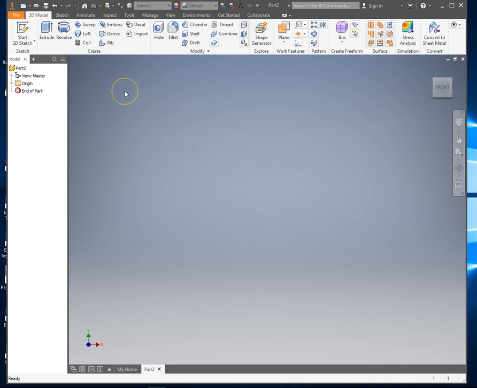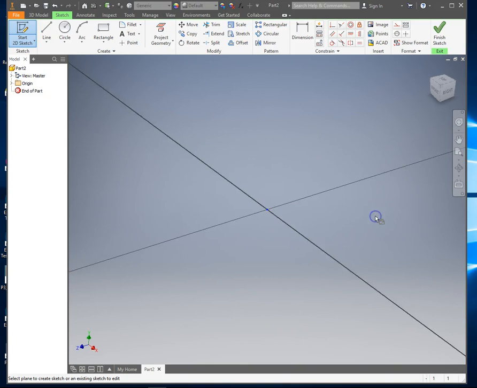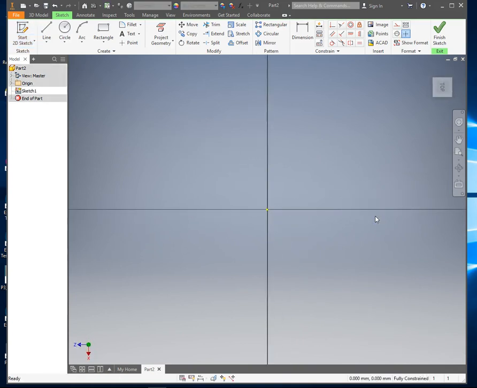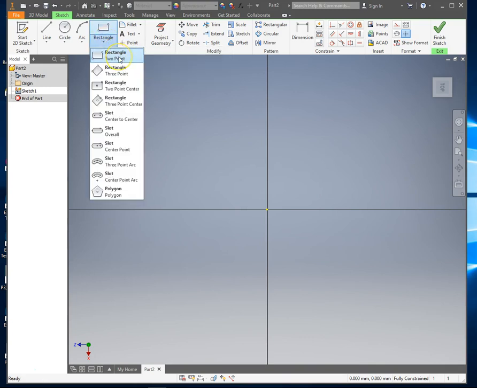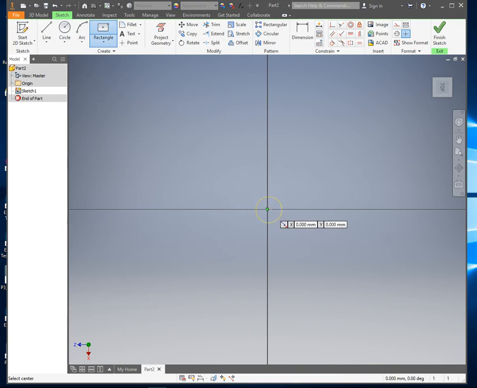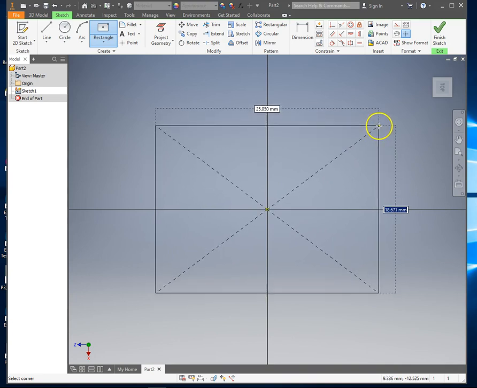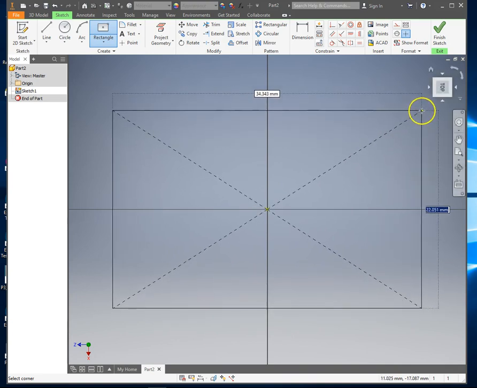So the first thing we want to create is a rectangle. I'm going to start a sketch. This time I'm going to start it on this XZ plane. So my view moves around. I'm going to use rectangle, but instead of using the 2-point rectangle, I like to use 2-point center. This way I can center my rectangle over my origin. As soon as I got close to that, it turned green. And so I'm going to draw this rectangle,